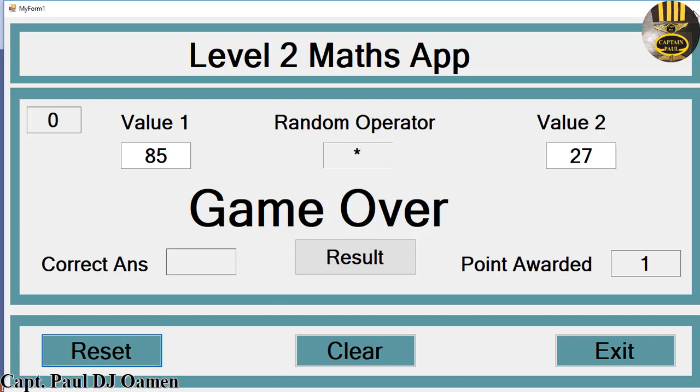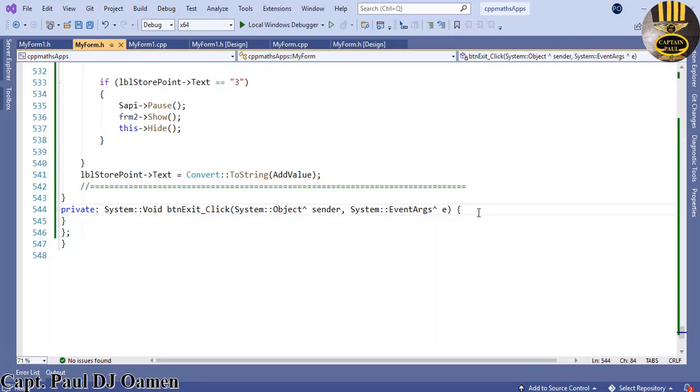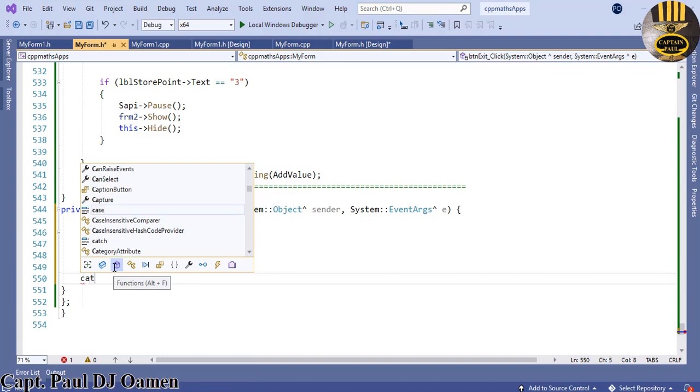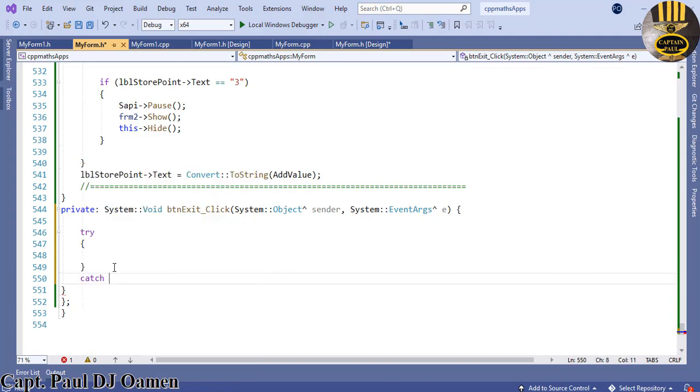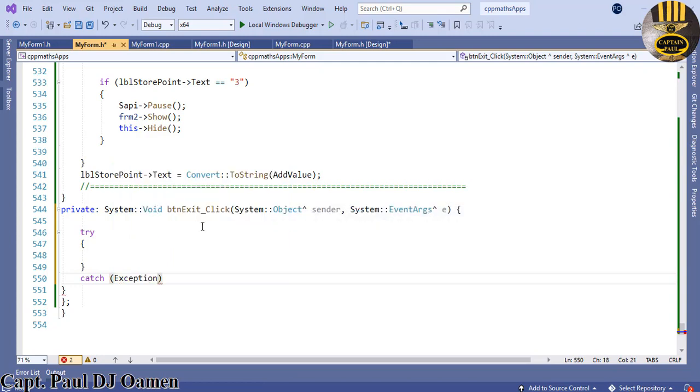So let's take care of all of these buttons. Let's go back in here. This needs to be taken care of as well. See the very first form, double click on that, and let's come right here and just enter as follows. I'm going to use try catch. You can use that as well. The choice is yours. And right underneath here, let's say catch, and that's going to be exception, and that is going to be at ex